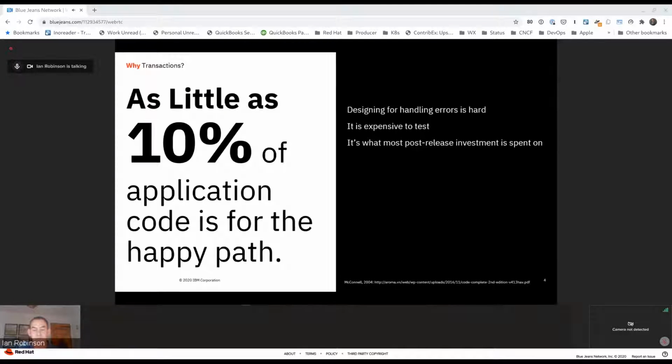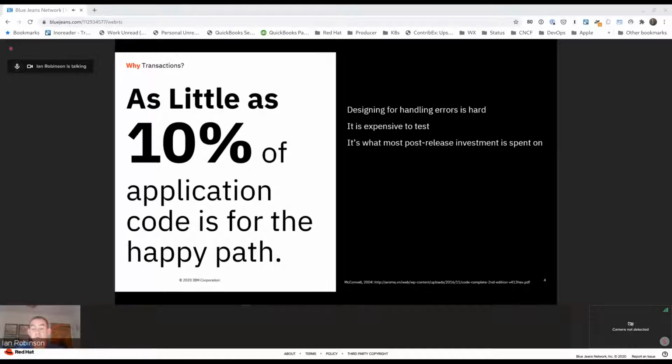So let's start off by looking at why transactions are useful. This is a number that you can debate, but whether it's 10%, 15%, or more, it's generally well understood that the vast majority of application code is needed for the error paths.